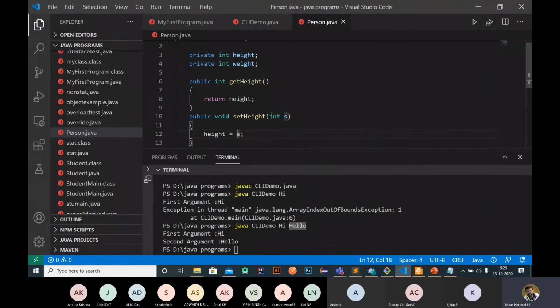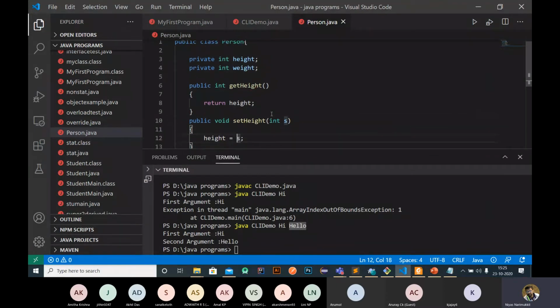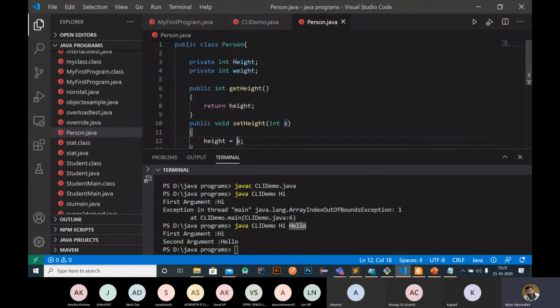So while calling this get height function, it will return the height of a specific object. And while calling the set height function, we need to pass a value, because set height is for setting the value of the height variable.